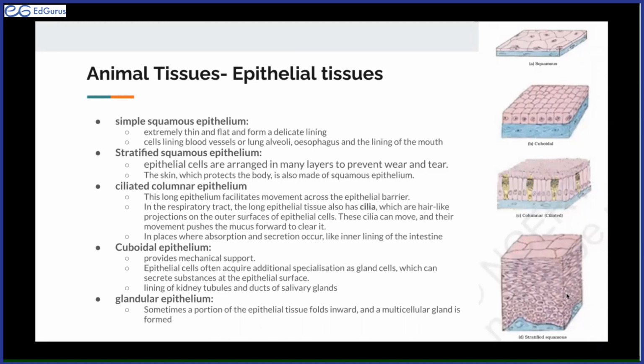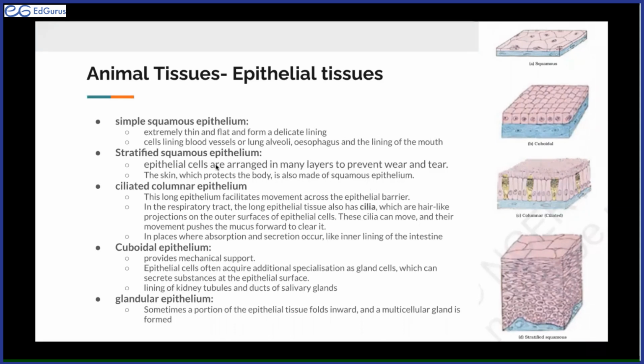Now, in which places do we need such thick protection? For example, the skin. This is because it covers our entire body, right? So it needs to be thick. We need to have lots of layers of protection so that the insides of our body can be safe. So the epithelial tissue on our skin has to be very thick. That's why it is the stratified squamous epithelium, that is, the very thick one that gives lots of protection.